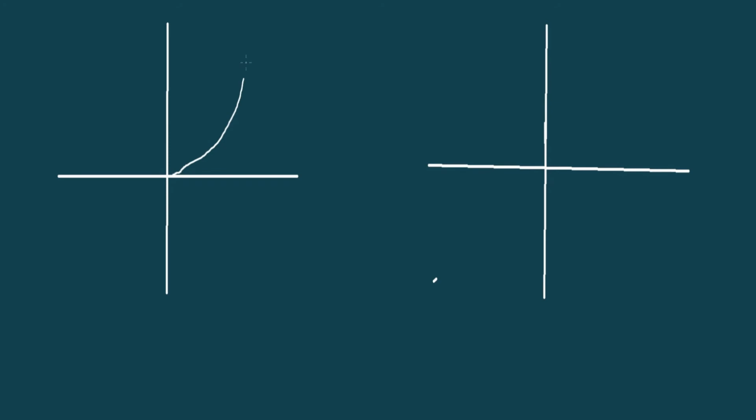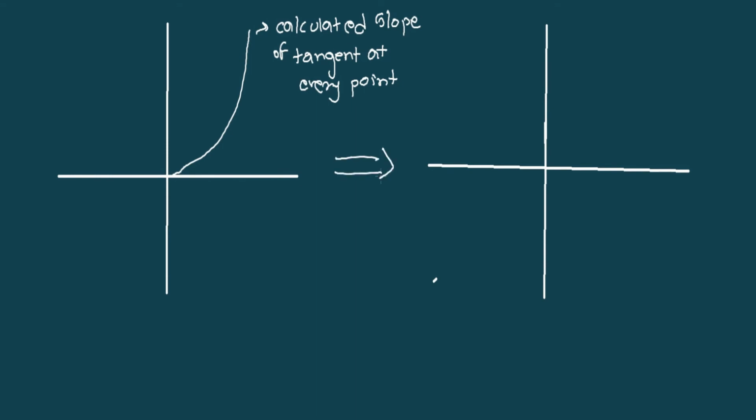And so what we did first is we had a slope, yeah. Then we calculated the tangent at every point, or we calculated the slope of the tangent at every point. And with its x values, from this we got this graph,